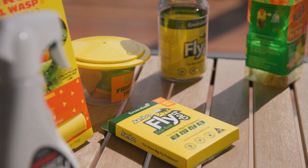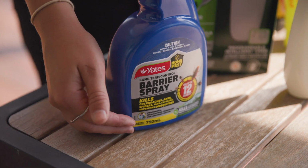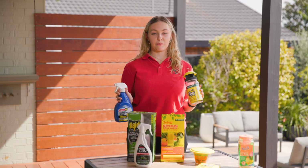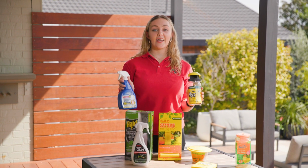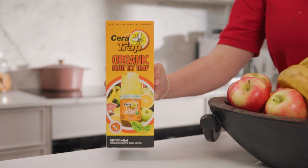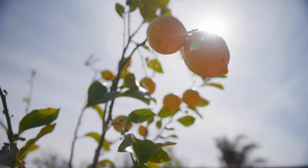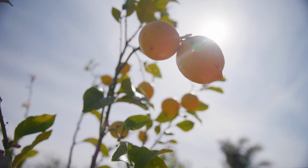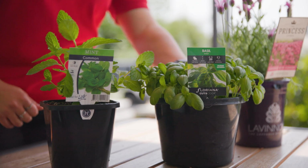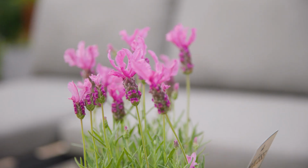When it comes to products, you can choose between organic solutions and pesticide-based products, depending on your preference. For those who prefer a combination approach, you can use both organic and pesticide-based options, depending on the area. For example, you might use organic methods inside where you prepare food, and stronger pesticide-based products outside where the flies breed. For those who prefer a more natural approach, organic products like fly-repelling plants, which include basil and lavender, can